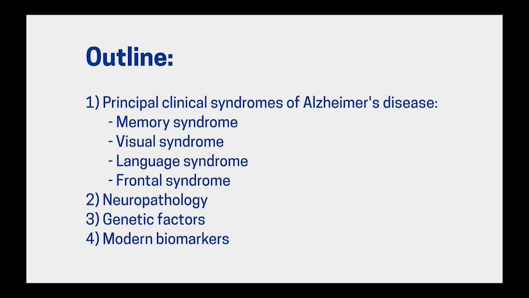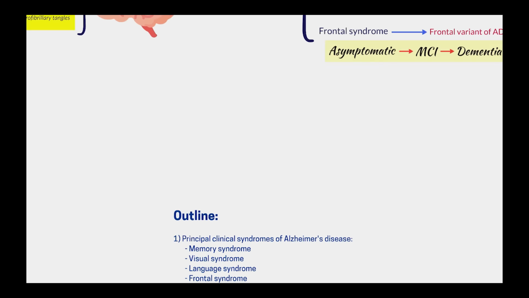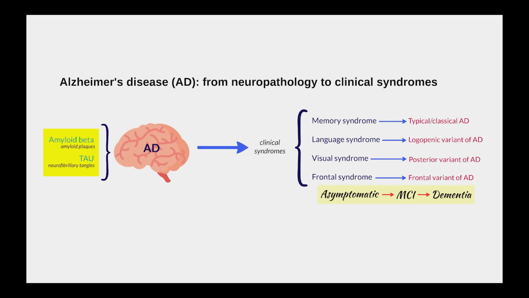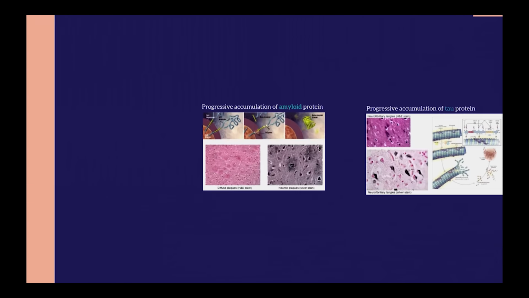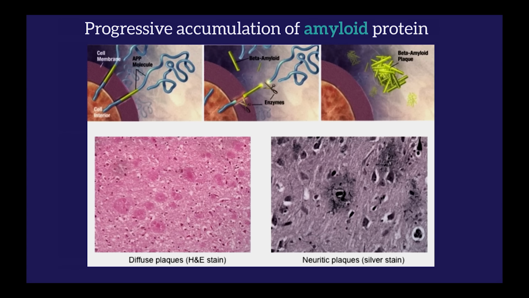Alrighty. So I'm going to move next to talk a little bit about the neuropathology of Alzheimer's disease, or what is happening inside the brain. We talked about how it manifests itself, and now we're going to take a dive into the pathology. The hallmark, as we saw in that first story I told you about Alzheimer, is the presence of two main findings, one called amyloid plaques, and the other called neurofibrillary tangles that are made of a protein called tau. Let's take a deep dive into the brain to understand better what that means.